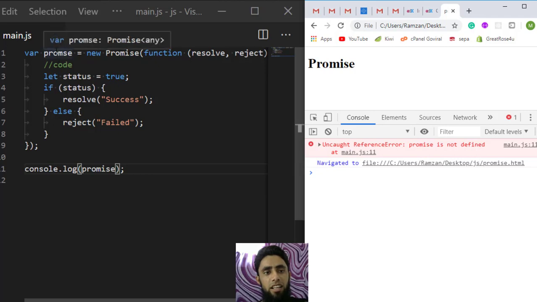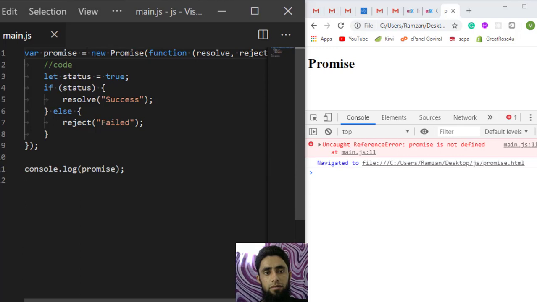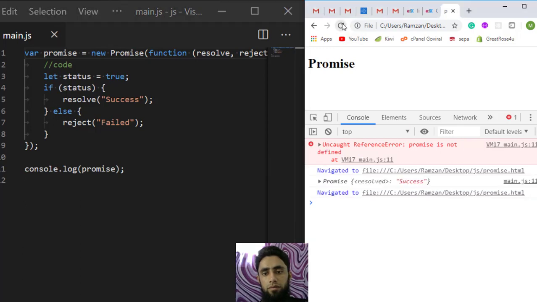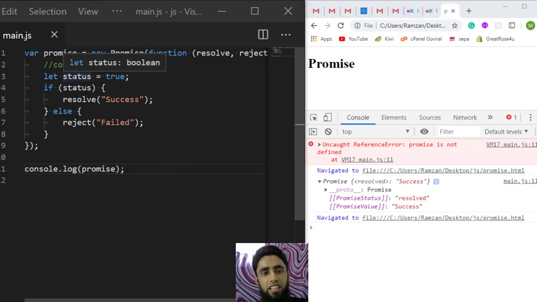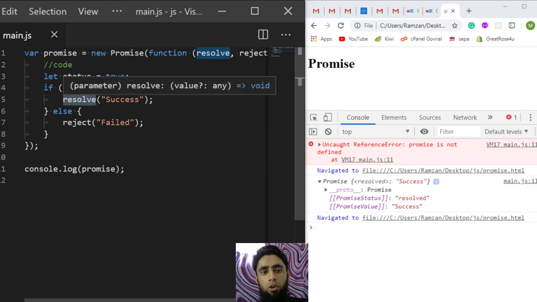Oh sorry. Yeah, so you can see that we have just called this promise, and here we got the promise resolved, success. The promise got resolved. Why? Because we had the status true. That's why the resolve function got called and our promise got resolved.